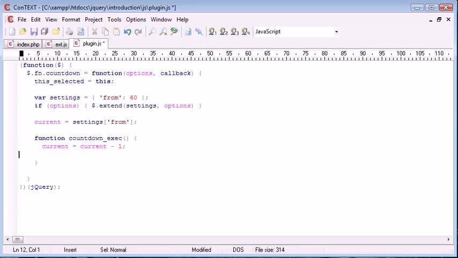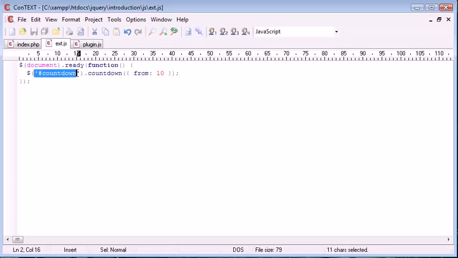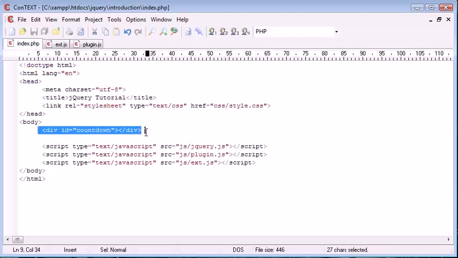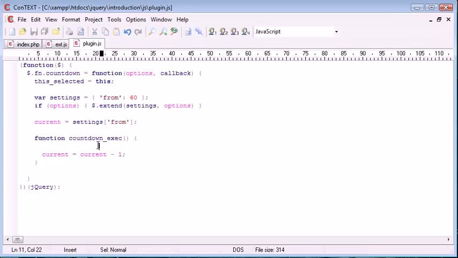Quite simple. What we then want to do is place the current value inside this_selected. So this will equal this because we're using it in the function, i.e. this countdown div. So we say this_selected, remember, we're using this outside of here because it's now global, dot text